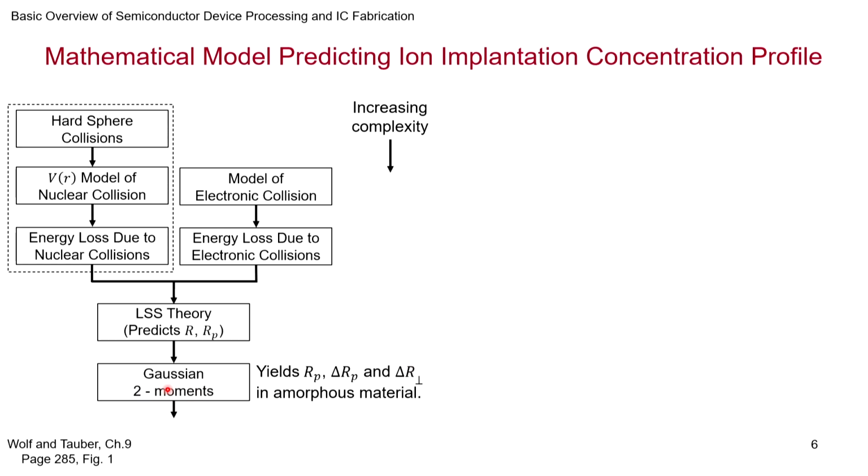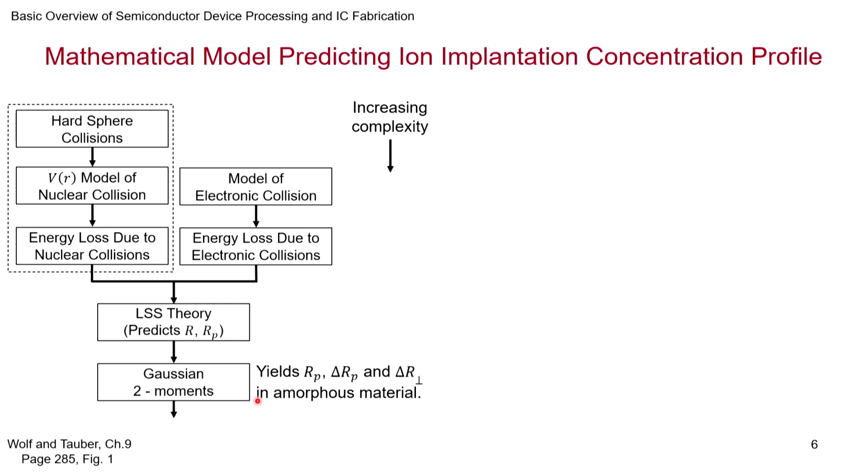So, that lateral straggle also has to be considered, and we will see that is important, especially when you are having a mask and you are trying to implant something. It just does not go down, but it goes to the sides underneath the mask as well. So, we need to have a model of that. Why do you need that? Because you need to know what is the gap you need to place between the openings, so that the devices do not end up interacting due to this lateral straggle. So, that can also be modeled.